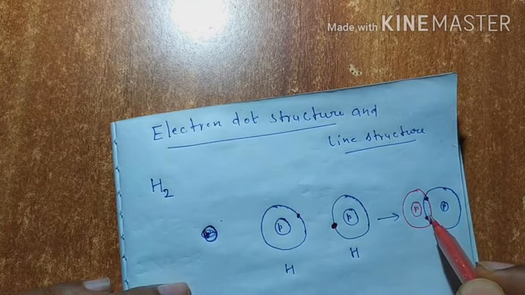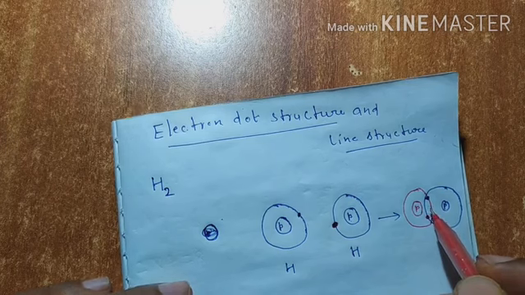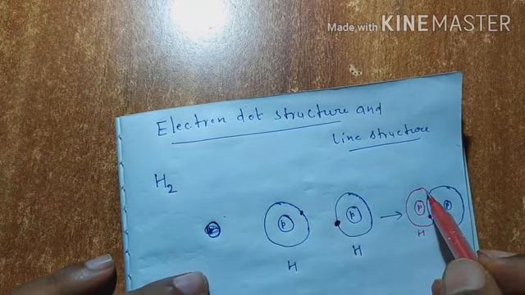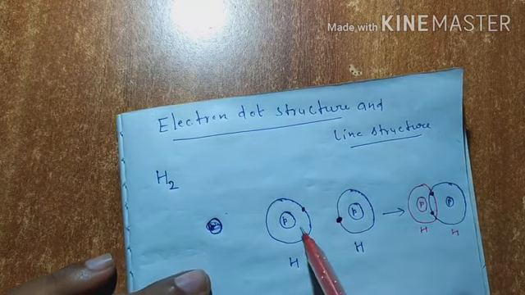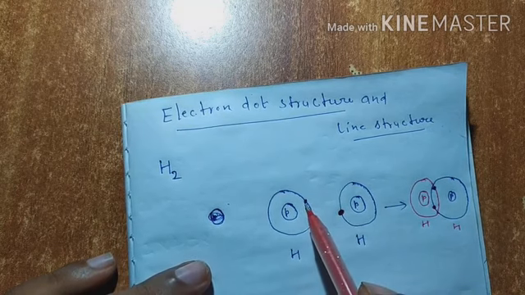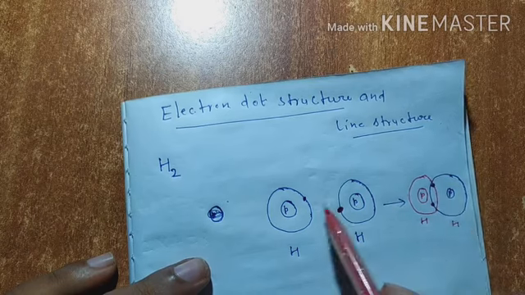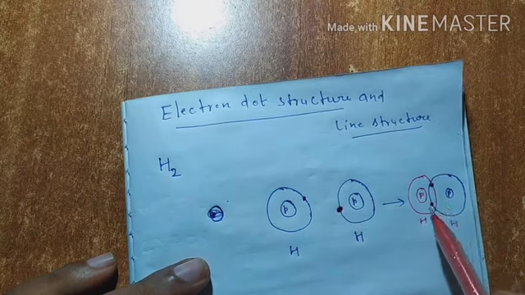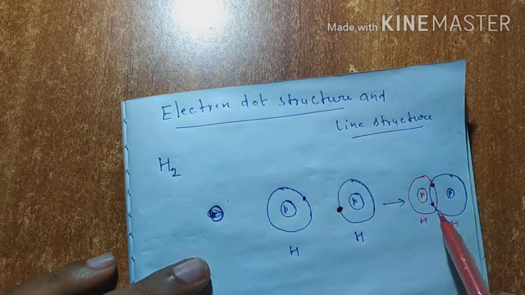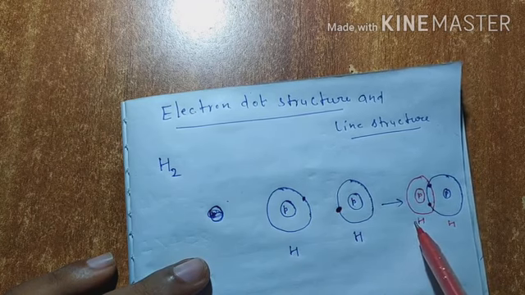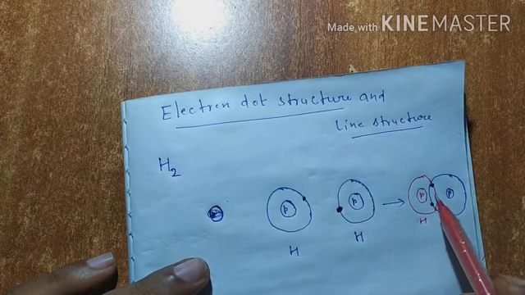This is a covalent bond. Now I will teach you a very important concept. This is also hydrogen, this is also hydrogen. Now see here, there is only one electron in the outermost orbit or shell, but in this case, this electron is here, and now since a covalent bond is forming, this electron also belongs to this hydrogen. So it means that now there are two electrons.